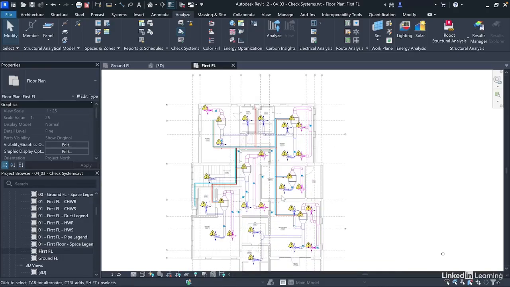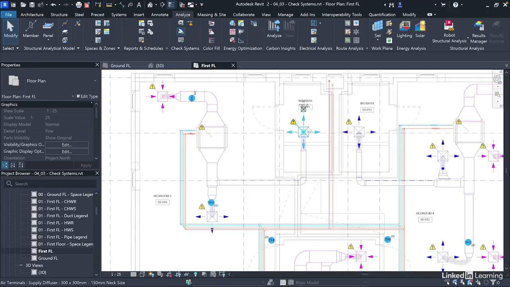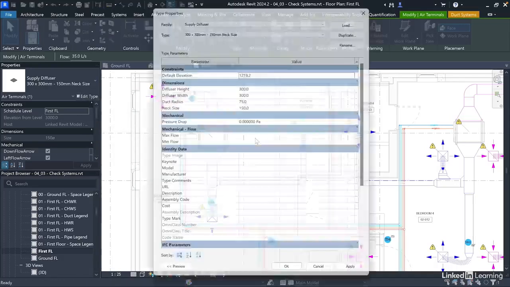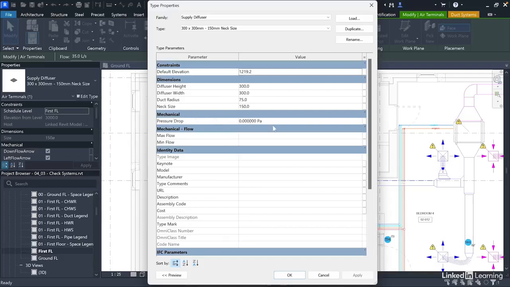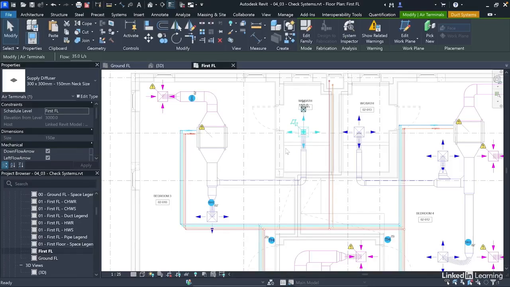So typically manufacturers specify the pressure drops in their catalogs. So what we'll do is we'll begin to assign this. So let's say we select this. Depending on how the family was created, this could be a type parameter or instance parameter. In this one, we know that it's a type parameter. So when you click on Edit Type here, and then you come here, you see the pressure drop value. So I can type in a value of say 14 pascals. Depending on the manufacturer and their specifications, this value can differ. So I'll fill in this 14 pascals, and you notice that it will now recalculate the pressure drop in that system using that value, and that error will disappear.